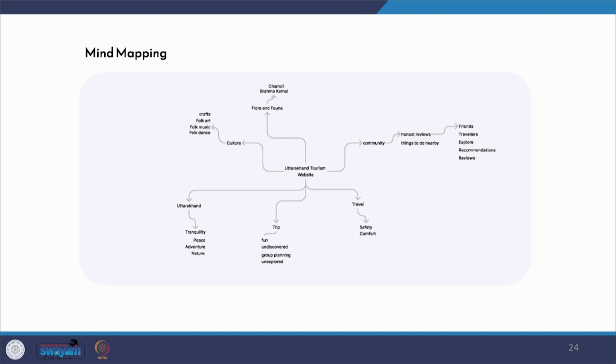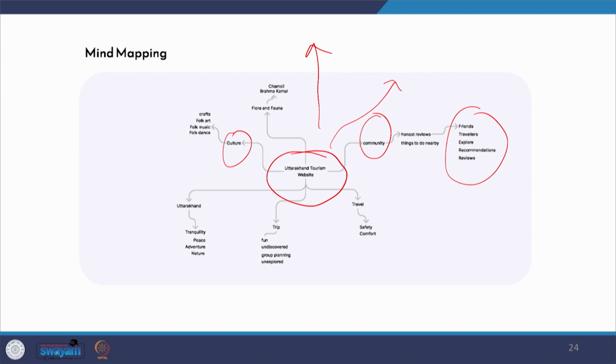So we begin by identifying a central idea, topic, or problem that we want to understand better, and then we branch out from here to create branches which are radiating outwards, and each branch represents a main category or subtopic which is related to the main topic. So finally we add sub branches or nodes. For each main branch, we further expand by adding sub branches or nodes. We can use visual elements like colors, icons, images, or symbols to enhance the visual appeal and make these